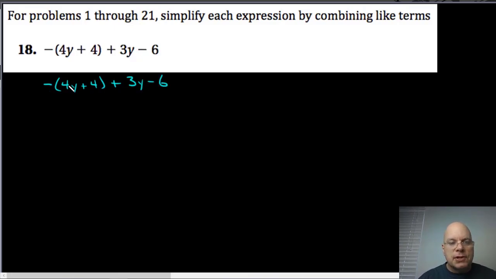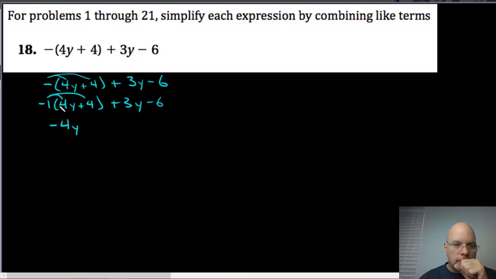When this says the opposite of 4y plus 4, it's the opposite of 4y and the opposite of 4. You can also think of it as a negative 1 multiplied by 4y plus 4 if that helps. You have to distribute that to both of these terms. So negative 1 multiplied by 4y, or the opposite of 4y, is negative 4y. Negative 1 multiplied by 4 is negative 4, or the opposite of 4 is negative 4. So we have negative 4y plus a negative 4